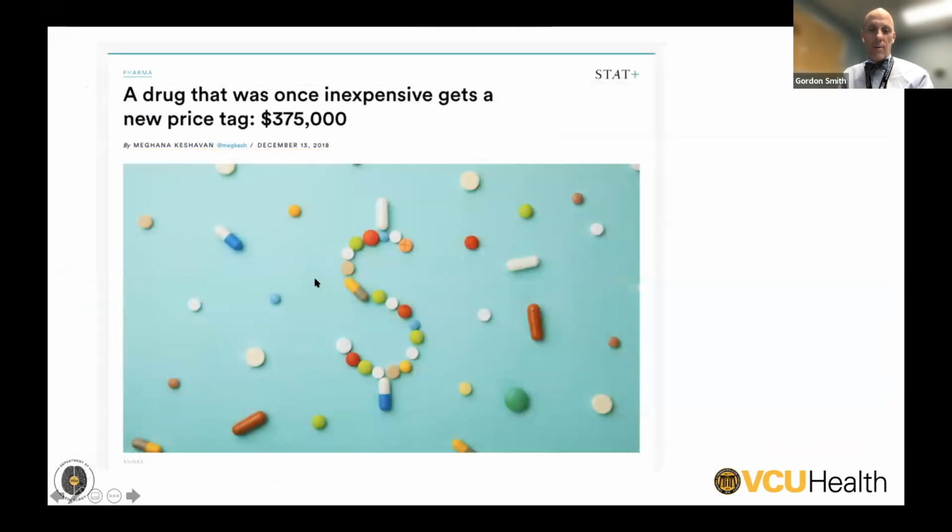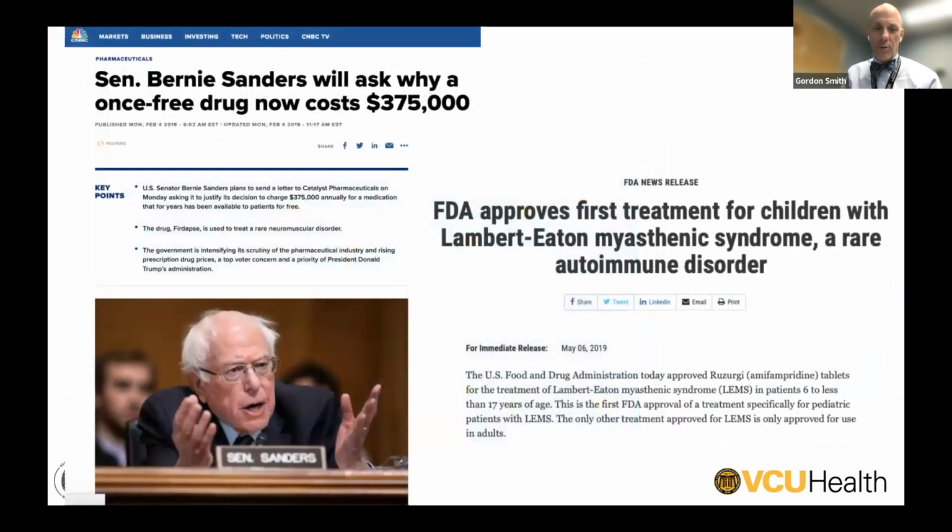FIRDAPSE was approved. It was really inevitable because it was the first in the gate, but the price was absolutely gobsmacking at $375,000 a year, more than any of us would have anticipated. And this created a firestorm. Bernie Sanders got involved, as you can see on the left. And ultimately, the FDA did something that surprised me, not entirely. I actually had a different theory about what they might do to solve this, but instead what they did was